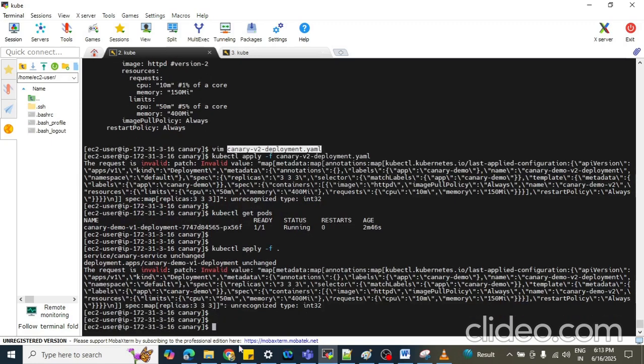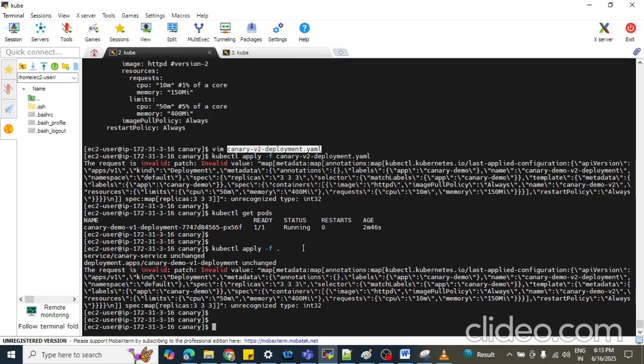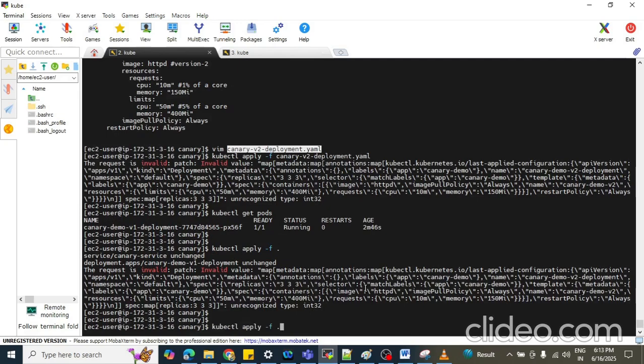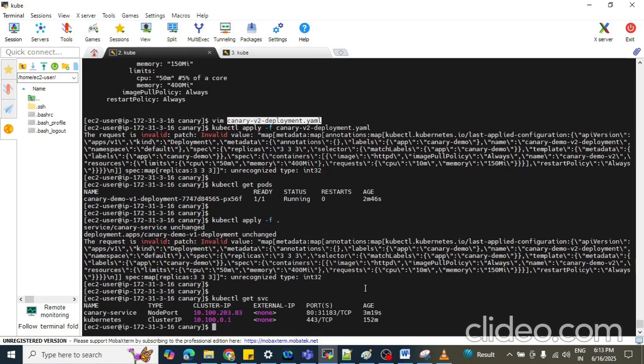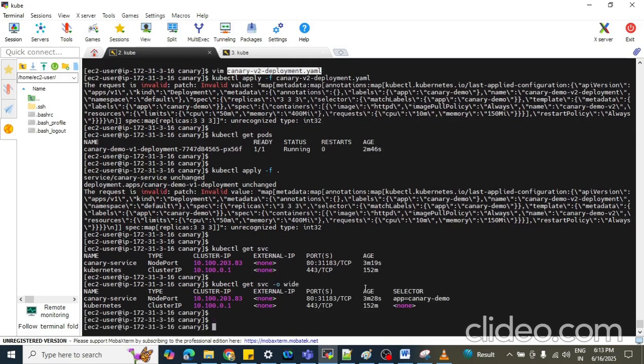What it is saying is that the request is invalid. Why is it invalid? Let me see the status of the service, kubectl get svc -o wide. kubectl get pods.